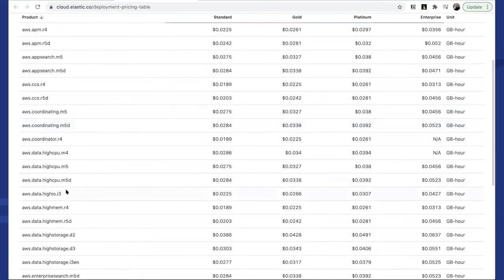For example, let's pick the i3 instance that we showed off in the slide. Here, it's AWS provider on i3, and then if I'm on a platinum subscription, I get charged $0.0307 price per GB of RAM capacity per hour.